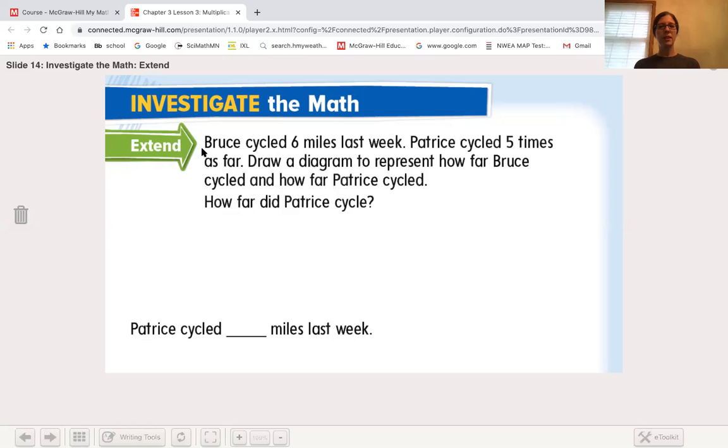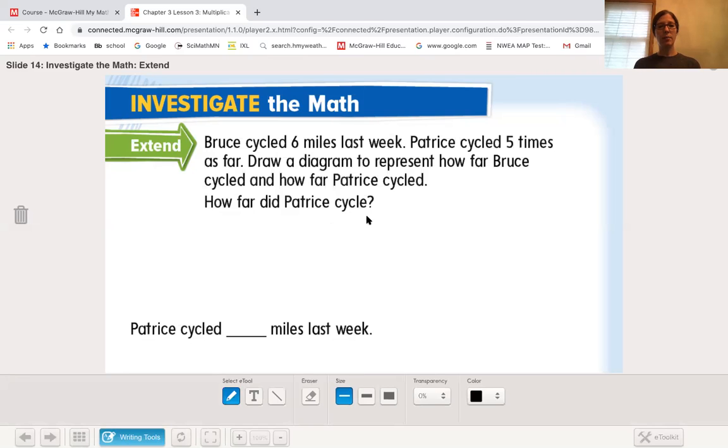So, you may be thinking in your head, 5 times as many. It tells you right there what to do. But they want us to draw a diagram. So, in addition to what you're already thinking of what operation you're going to use, draw a diagram. So if it was 6 miles last week and 5 times as many, I will need the number 6. And I will need it 5 times. So my diagram, I'm using